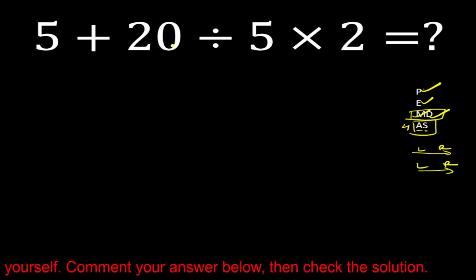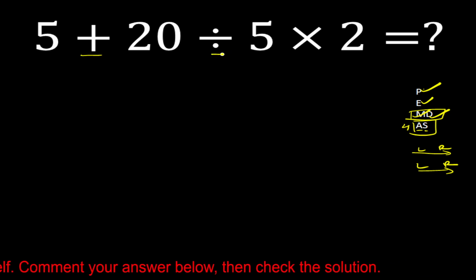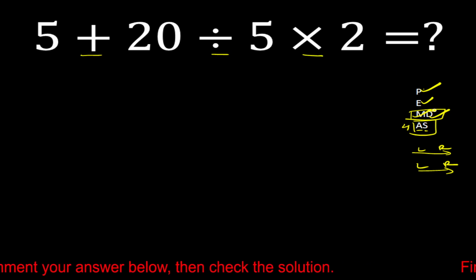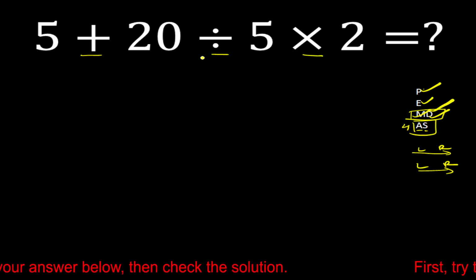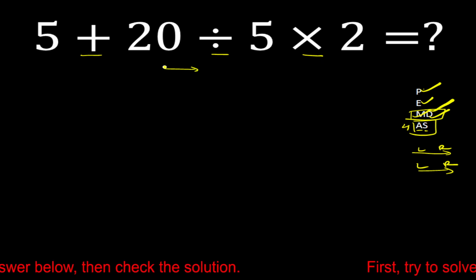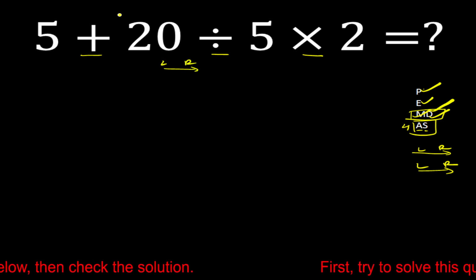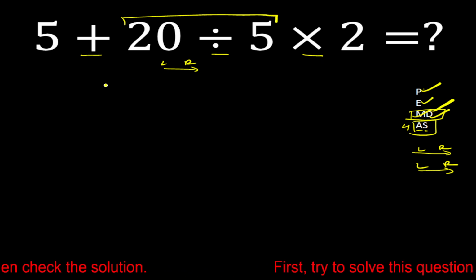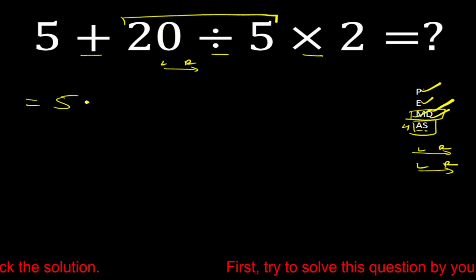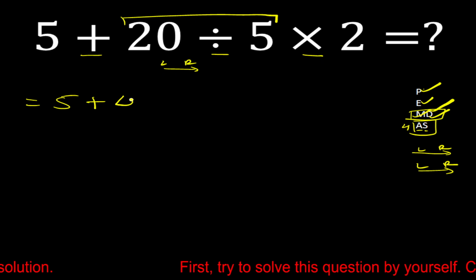In this question, we have one addition, one division, and one multiplication. So first we have to solve multiplication and division. And both have equal priority, so we have to solve it from left to right. So first we have to solve this division. So 5 plus 20 divided by 5 is equal to 4